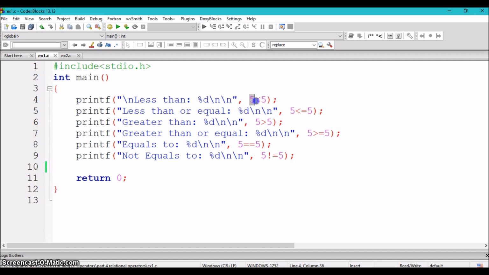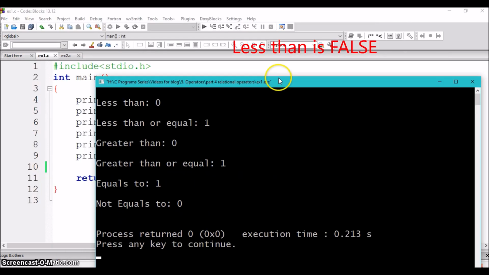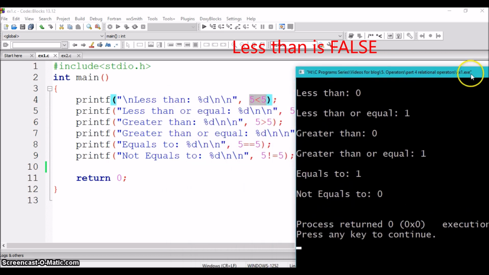So the expression 5 less than 5 is false, so it will return 0, whereas 5 less than or equal to 5 is true, so that will return 1. So let's execute and check this. Less than is returned as 0, whereas less than or equal to is 1. 0 means false, 1 means true.